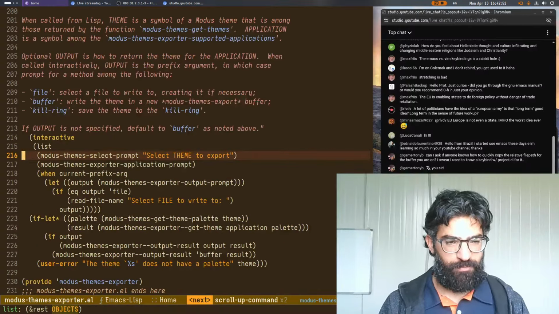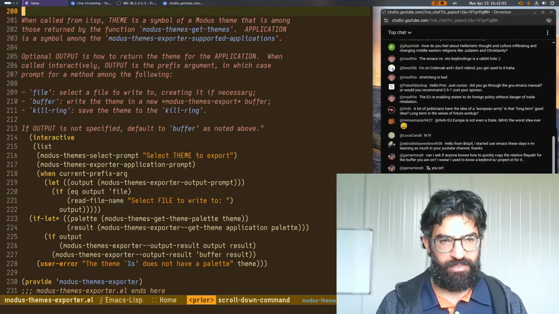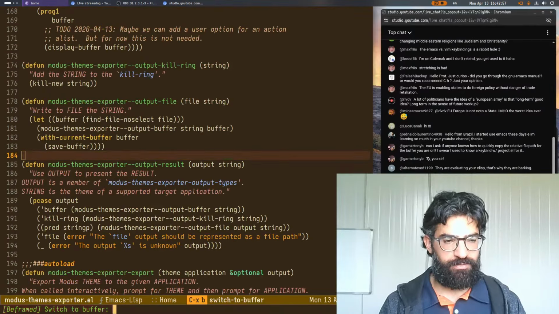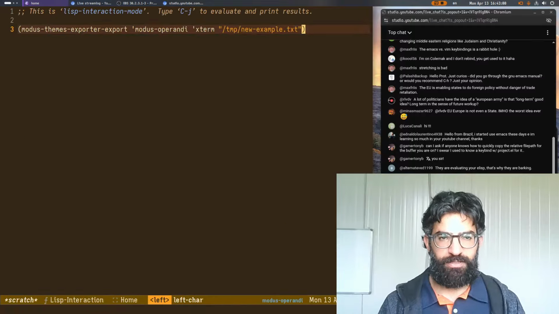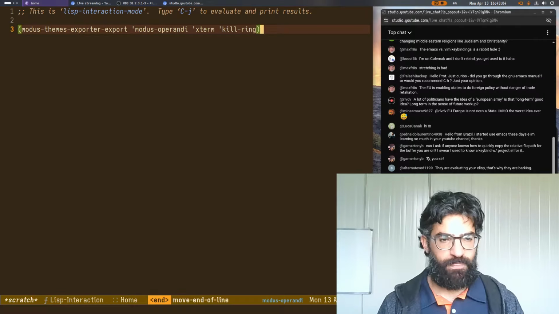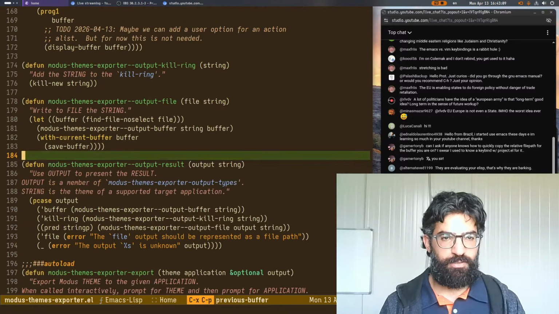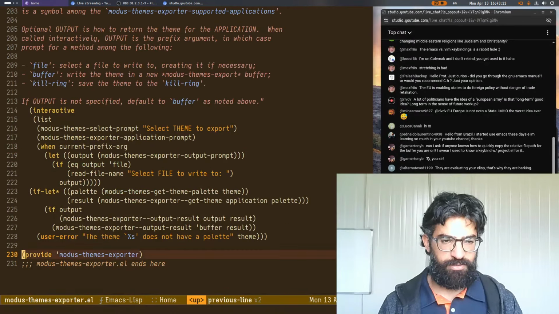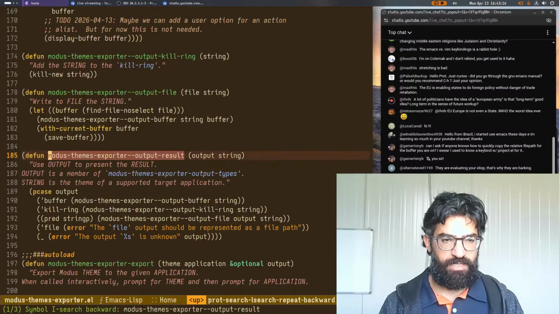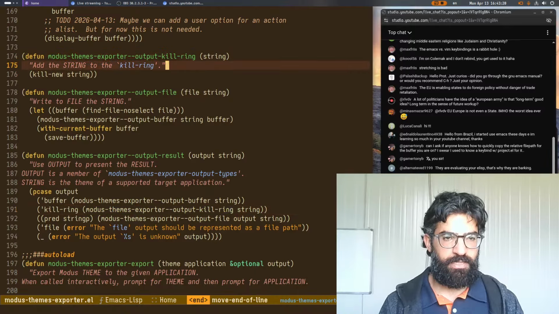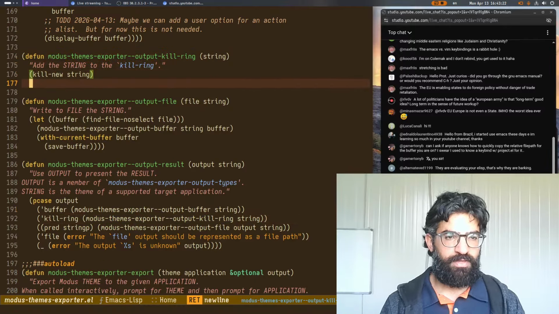So let's see where we are. So actually, everything works, I think. I tried all the cases. Did I try for the kill ring? I didn't try for the kill ring, which we will do now. And then, of course, I have to do all this interactively. Kill ring. And it says nil. So here it is. Of course, if it says nil, I wanted to actually be a little bit more considerate. Here, so the kill ring, this one here, I want to do that, and then